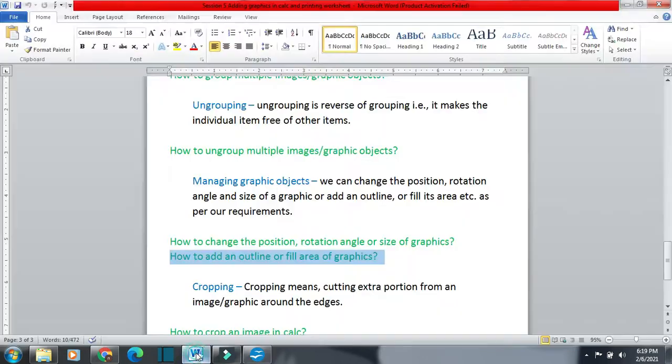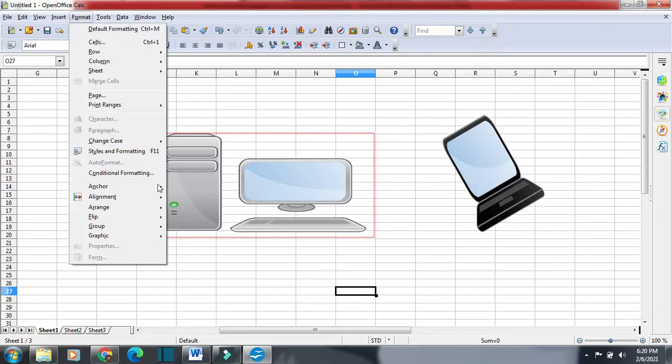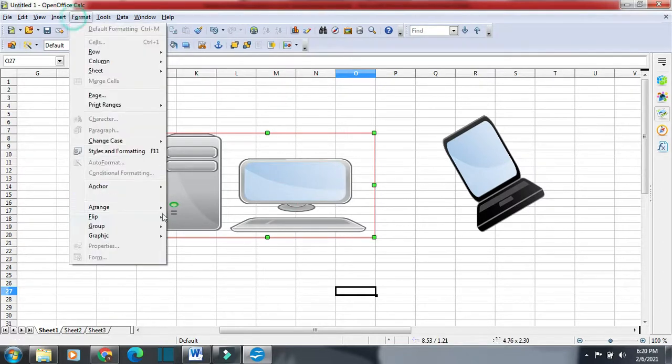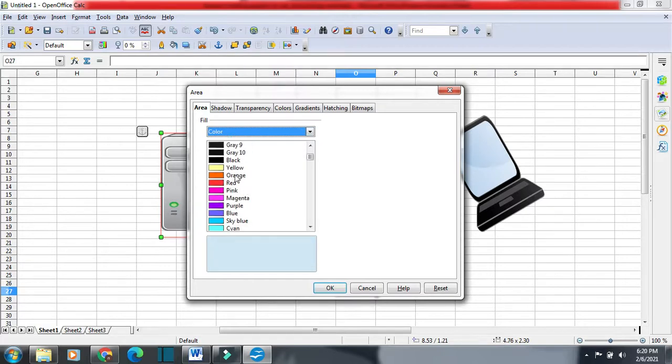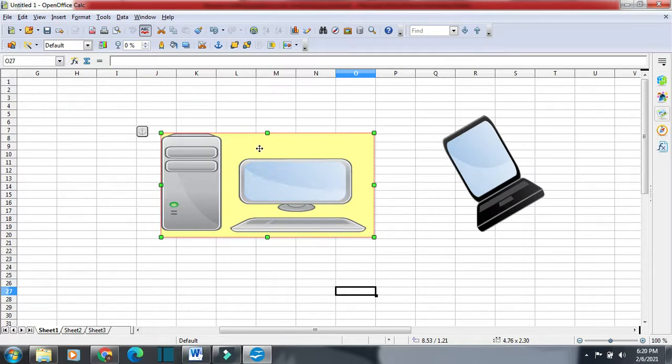Or if you want to fill the area of the image, suppose these are the areas which are not filled, they are empty, so I can fill these areas of the image. So the next option is how to fill the area of the graphics. For that again we have the option Format, then Graphic, and then Area, and from here we can fill color. Suppose I'm going for the color yellow, so then you can see we have filled the color yellow.